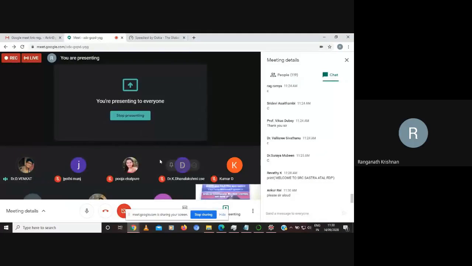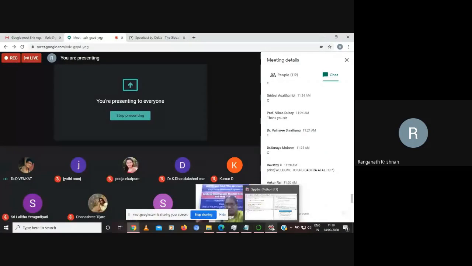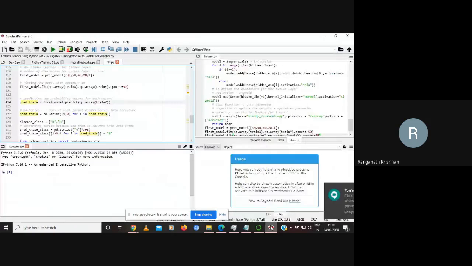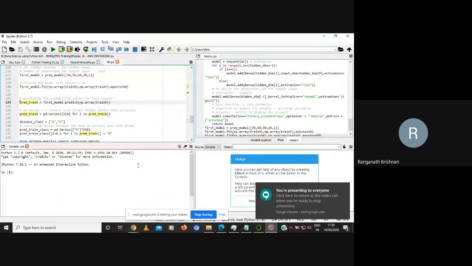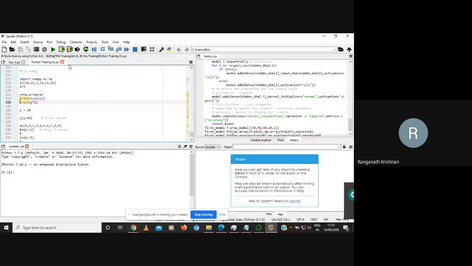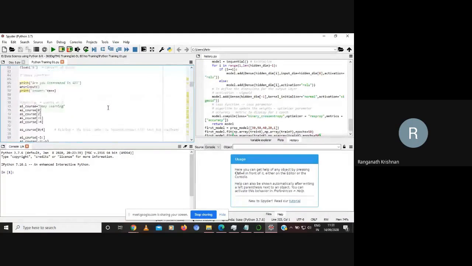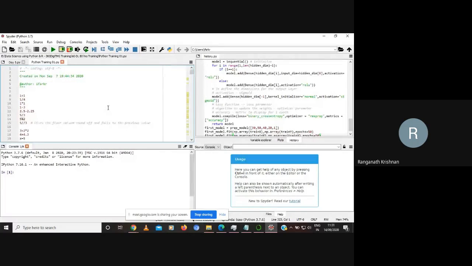Yeah, better. Okay, so can you see the screen here? Are you able to see my Spyder? Yes. Okay, I'll try to see whether I can increase the font.